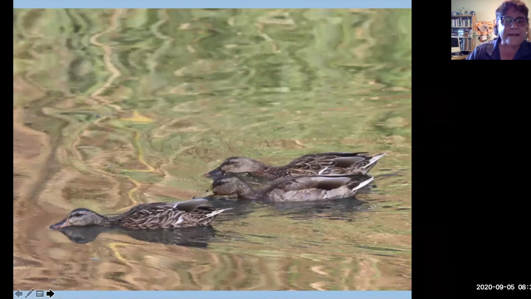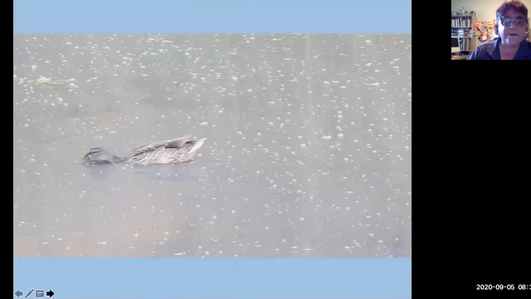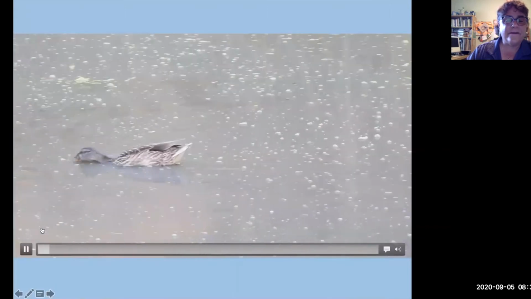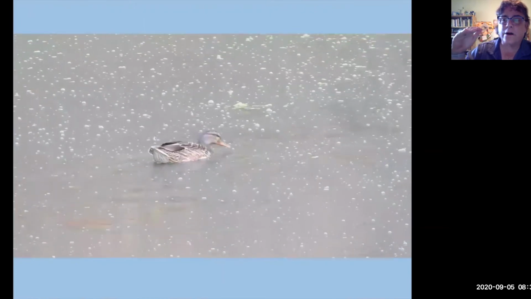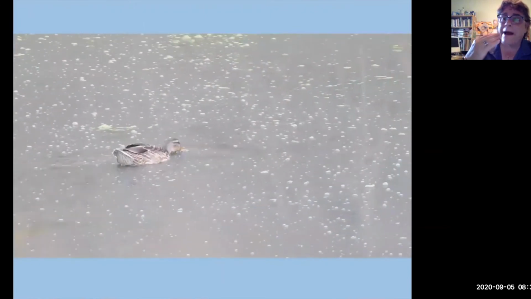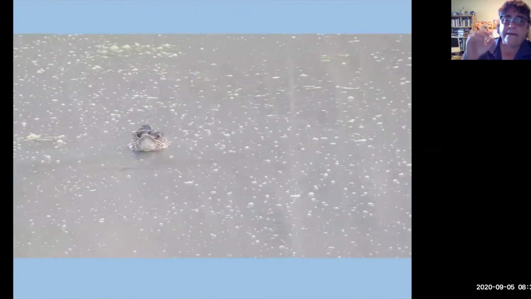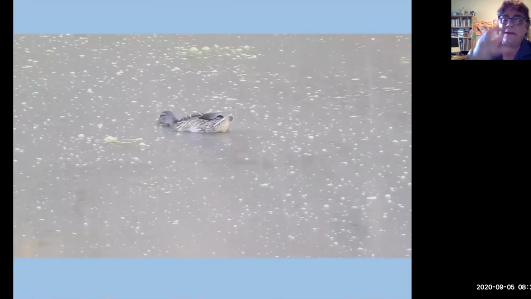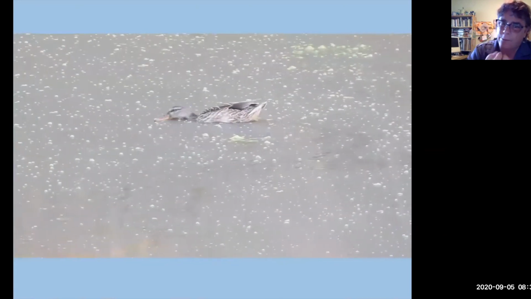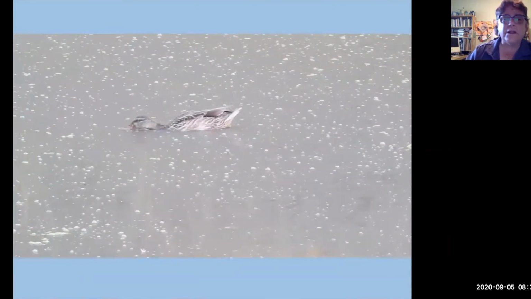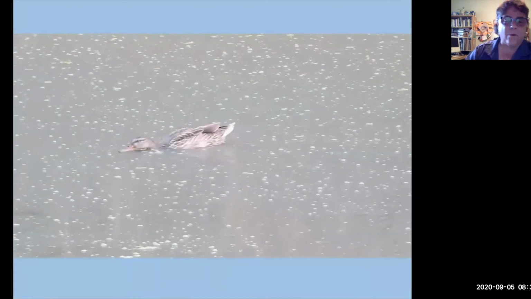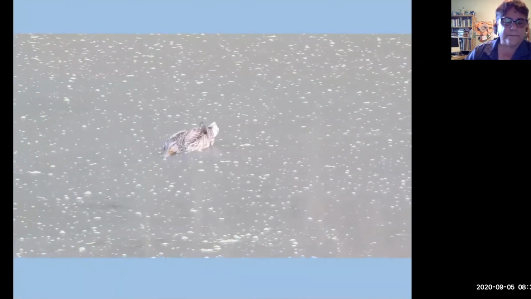They're sitting there. I can't tell from a picture exactly what's happening here. You've got 2 females and a male, but you can tell from the video. This is what they're doing. Now they're just scooting their head through the water like this because their mouth is very much like a whale, and they have something like baleen. They suck in the water and spit the water out, but staying in their mouth are the invertebrates, the little small insects that are in the water. It's really fun to watch them.